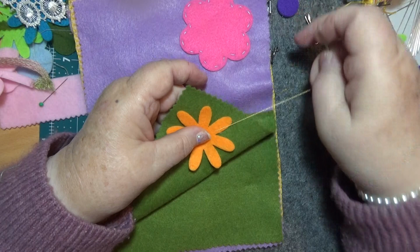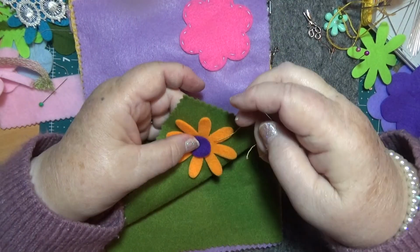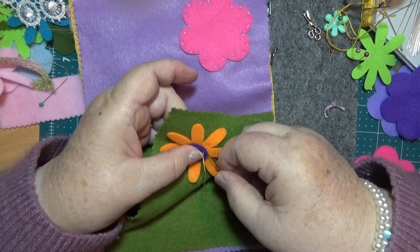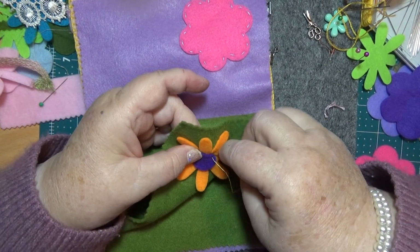Now I need a circle. Here's a purple one. Look at that. Isn't that ducky? Oh, that's lovely. And if you only go through the felt that you need to,